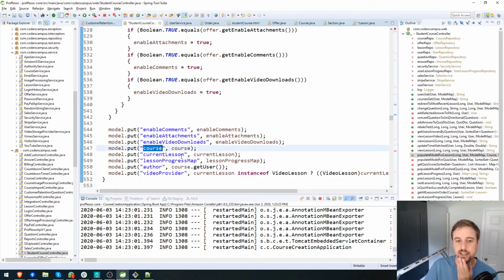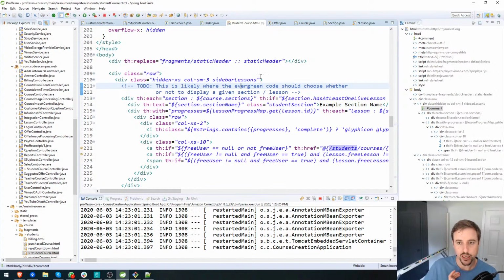And I'm tempted to modify that here. I'm tempted to take the course, because course is what we iterate through, right? We take the course and we iterate through it in the view over here. Where? Course.sections, right? So we take that course that we put on the view and iterate through the sections, which then we iterate through the lessons of the section. So I think,